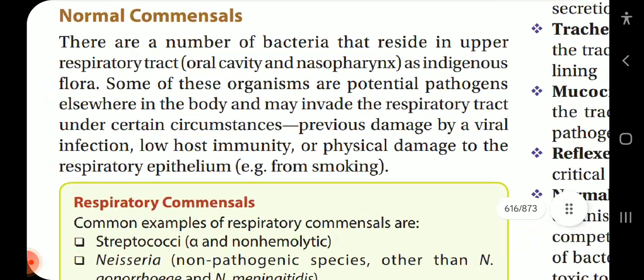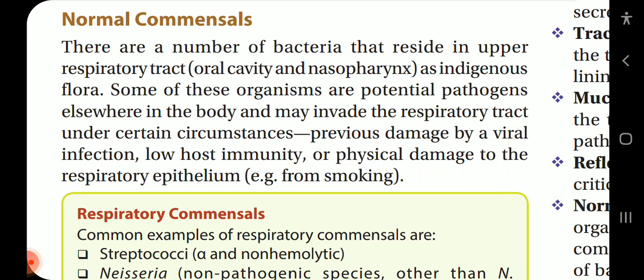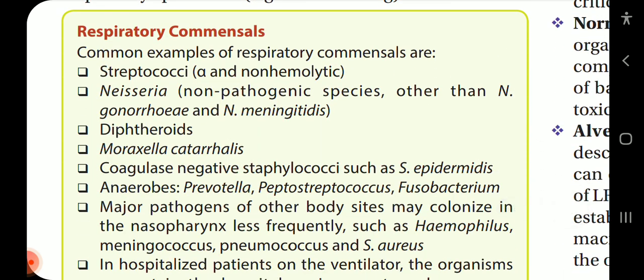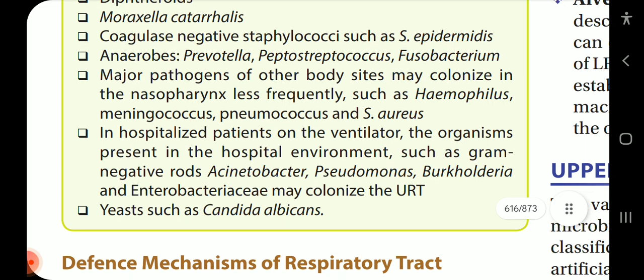Normal commensals. There are a number of bacteria that reside in the upper respiratory tract, oral cavity, and nasopharynx as indigenous flora. Some of these organisms are potential pathogens elsewhere in the body and may invade the respiratory tract under certain circumstances: previous damage by a viral infection, low host immunity, or physical damage to the respiratory epithelium, for example from smoking. Respiratory commensals. Common examples are Streptococci, alpha and non-hemolytic, Neisseria like non-pathogenic species other than Neisseria gonorrhoeae and meningitidis, diphtheroids, Moraxella catarrhalis, coagulase negative staphylococci such as Staph epidermidis,